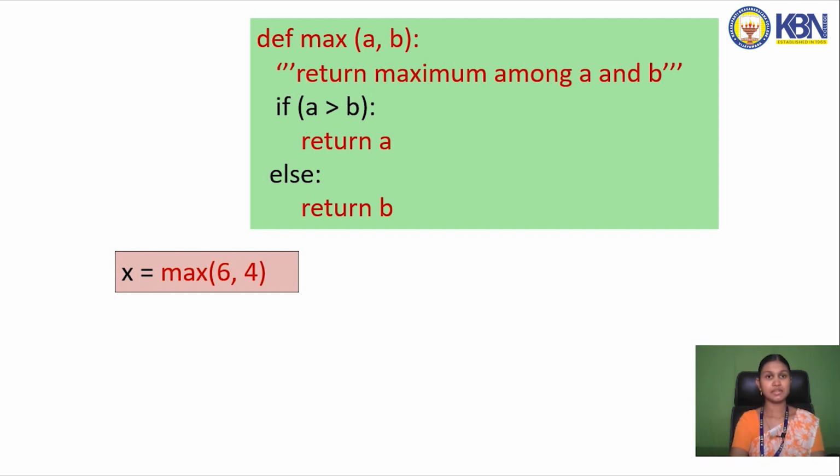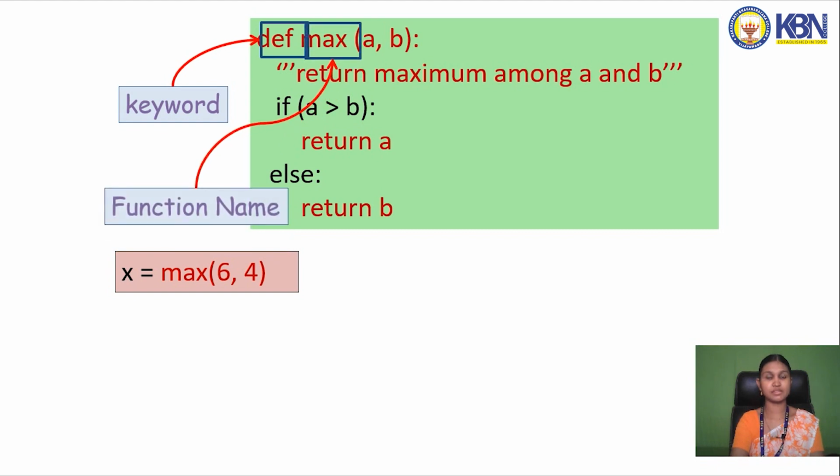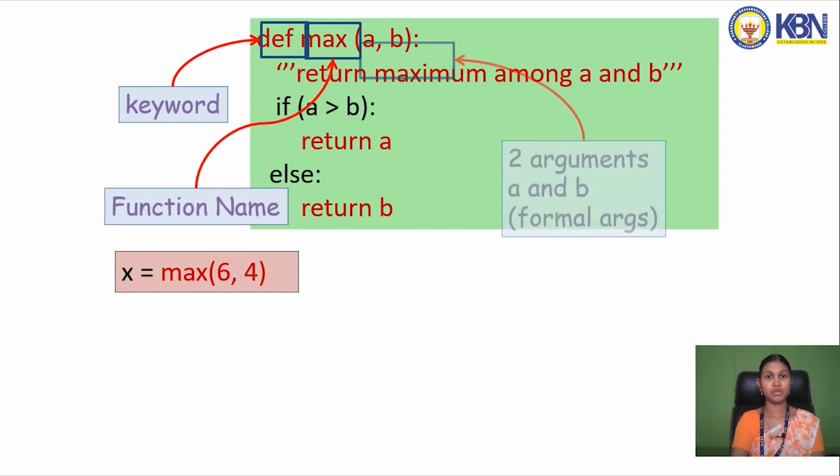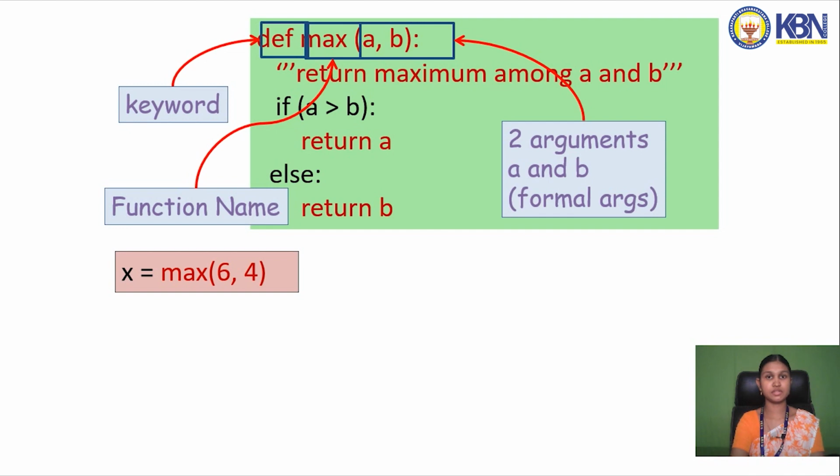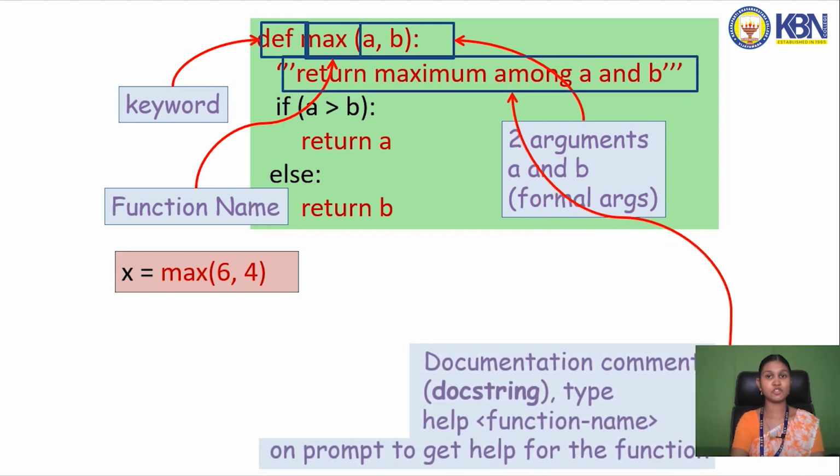Here, let's see an example program of functions in Python. Here, def is the keyword. This keyword is used only in functions. Next, max is the function name. Next, here we are passing two formal arguments, and it will return the maximum among A and B,